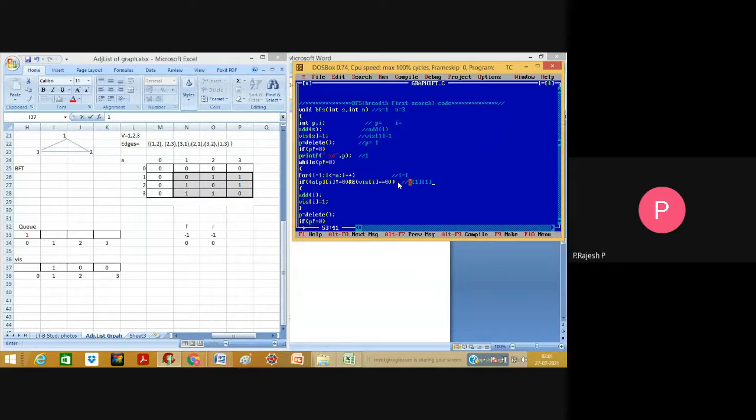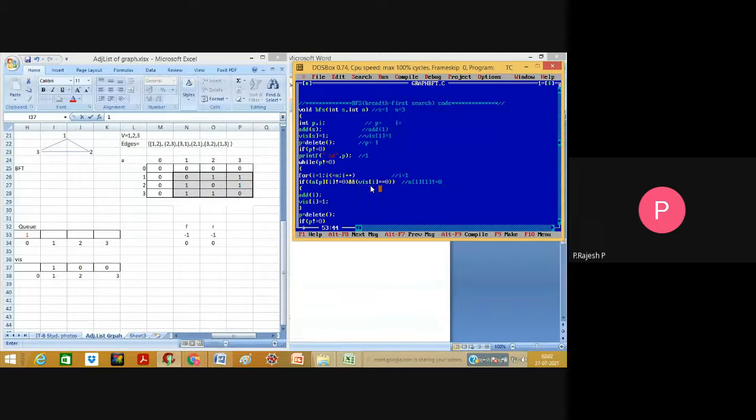So a of 1, 1 is not equal to 0? No, 0 is not equal to 0. No, the condition is false right now.